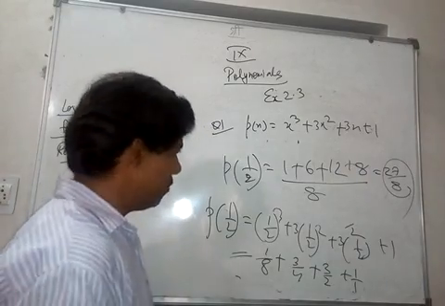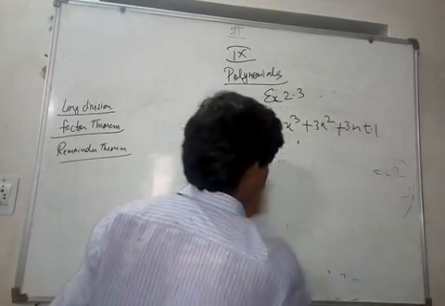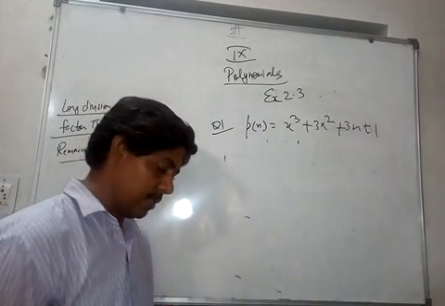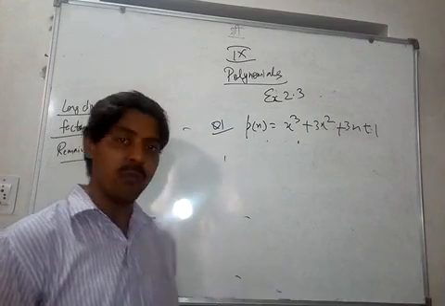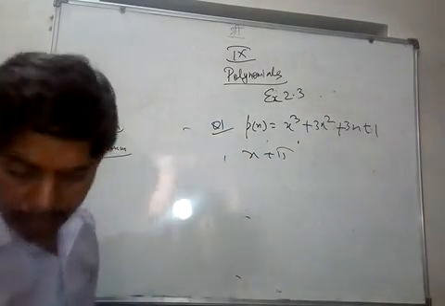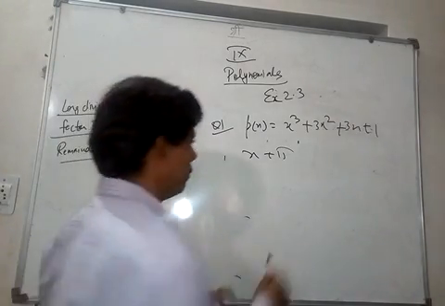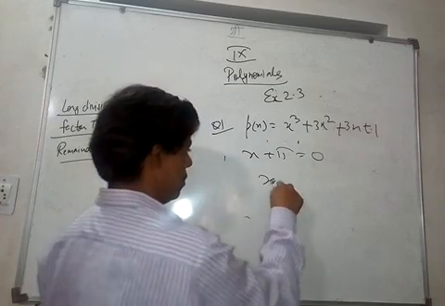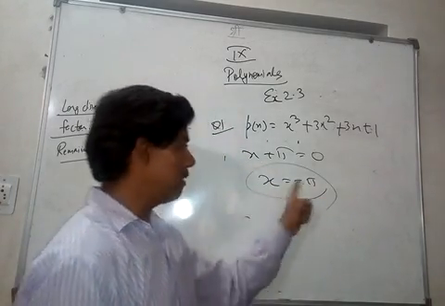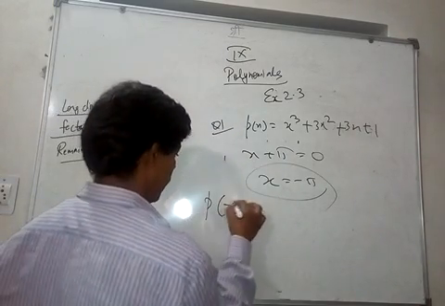I'll do one more part for you, and then the remaining exercise you can easily do, I hope. So what is the remainder he is asking? We are doing the fourth part now. The fourth part says x plus pi. This is divided by x plus pi. So how to divide by x plus pi? You write x plus pi is equal to 0, so x is minus pi. In this case, don't substitute the value of pi as 22 by 7, let pi be pi, because pi is an irrational number. So we get p of minus pi.